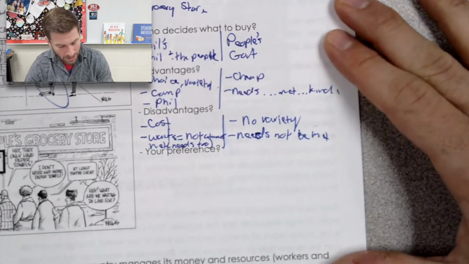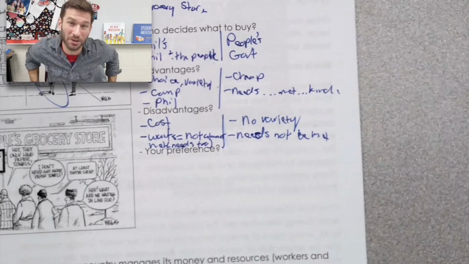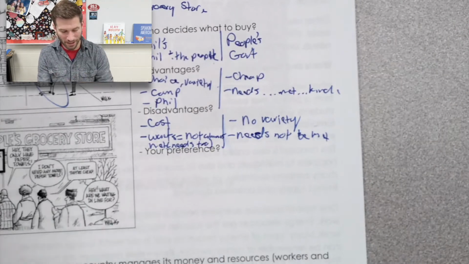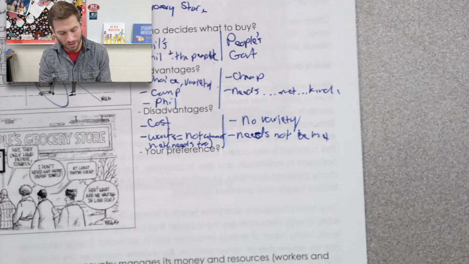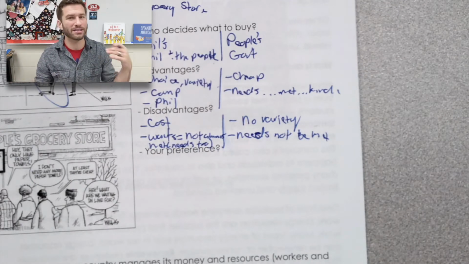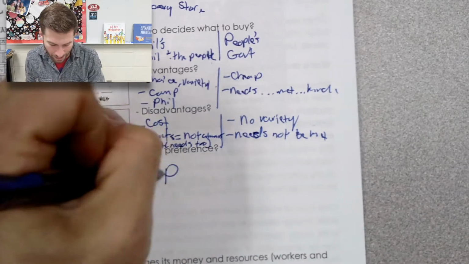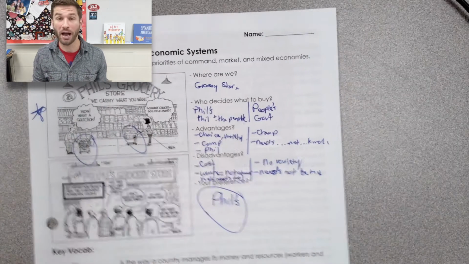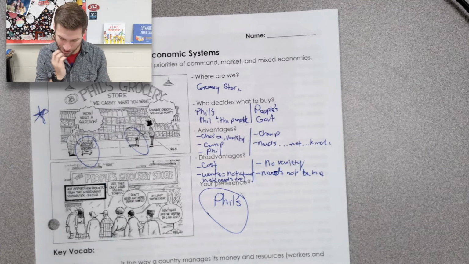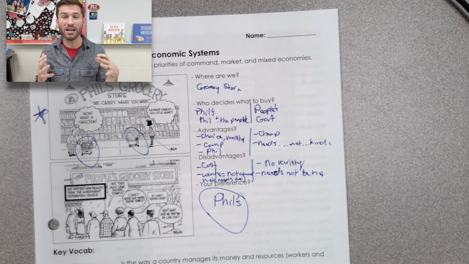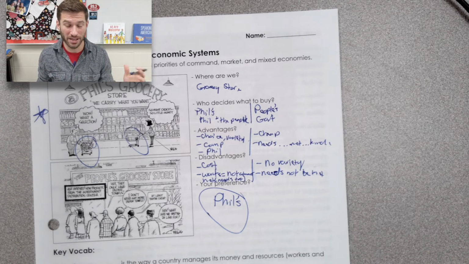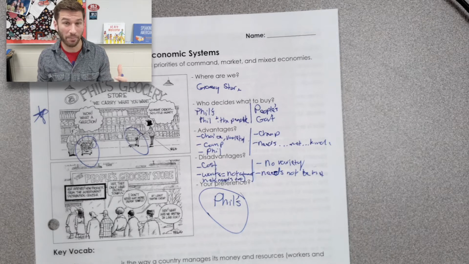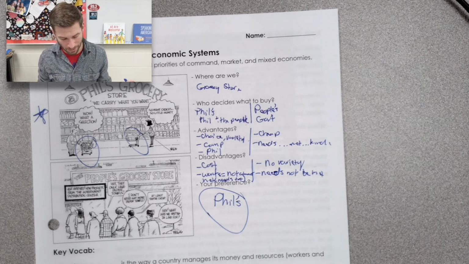We are much more accustomed to Phil's grocery store here in the United States. This is something, not just Phil's. We have a whole variety of grocery stores, and we're used to these full shelves with lots of choice, lots of variety, lots of competition. And that would also happen to be my preference, right, given the choice between the two. So that's just setting the stage here, and we're going to circle back to Phil's and the People's in a little bit as we see how Phil's grocery store and the People's grocery store are in a way an analogy or an example of larger economic systems that we might see around the world.